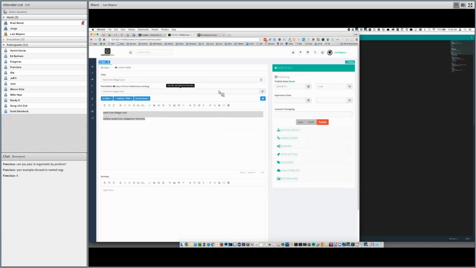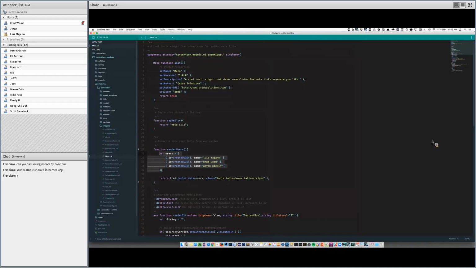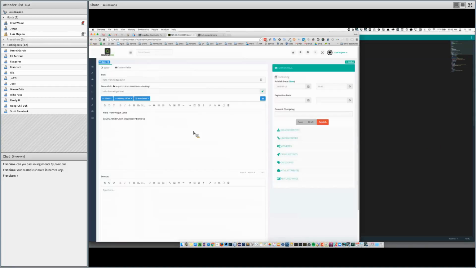Okay? Now let me do this now through the widget inserter. Okay? So we have here the widget inserter. Okay? And here we go. Now I can look for meta. There is my meta. I can choose my widget and it tells me, okay, which function do you want? Let's use the users. Okay, there it is, nice little preview. Insert the widget, and there it is. Okay, renders the users, and I can even put a widget icon right here for it. And now I can actually go check it out. And there are my users right there. Boom.